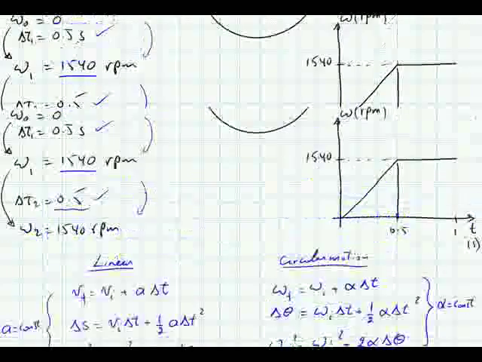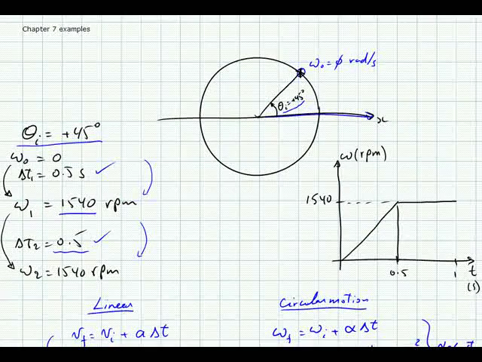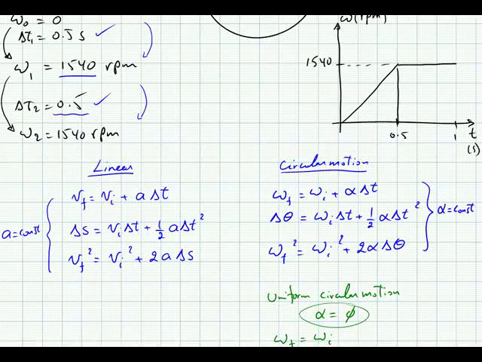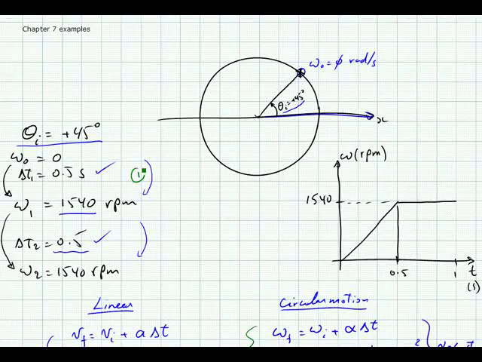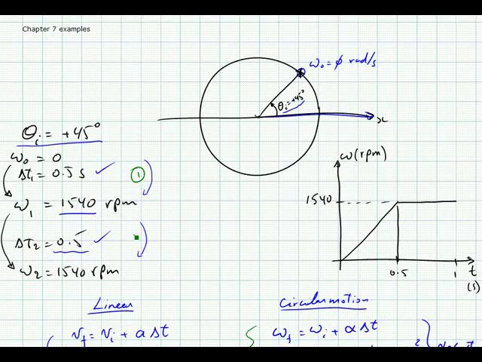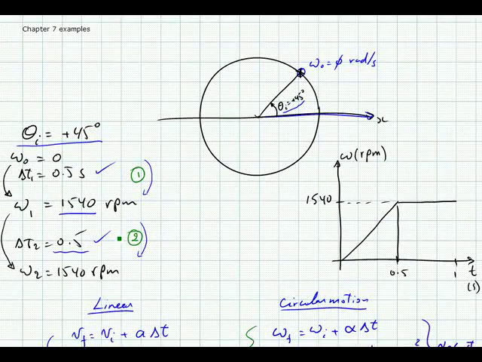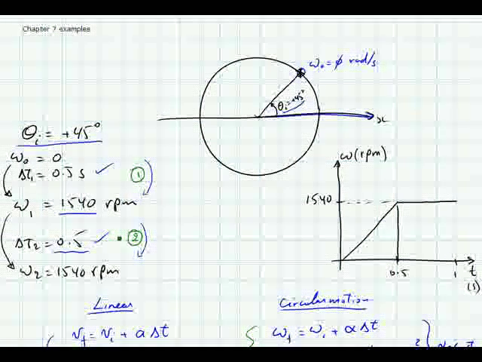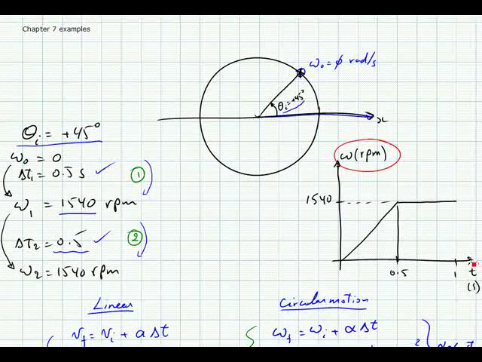So going back to the problem at hand, you can solve this problem by applying the circular kinematic equations, the ones that I have here, of course twice, once for the first stage of motion, and then repeat the analysis for the second stage, find the respective angular displacements and then add them up. Or you could simply use the graphic technique, that is, plot angular velocity of the object versus time,